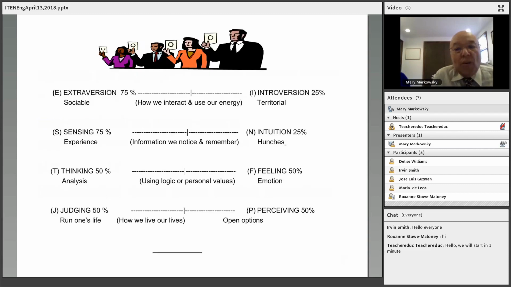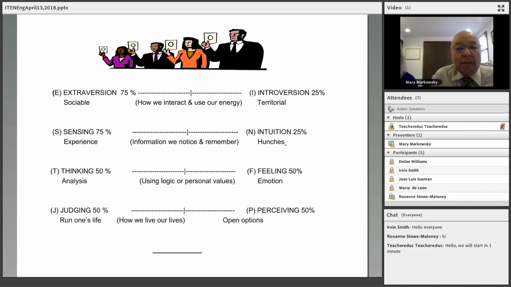Now, what we're going to do here, I hope that everybody has a piece of paper and something to write with, because this exercise will help you a lot to understand about the personality. So if you do, I will give you a few moments if you can pick up a piece of paper or something to write with briefly. Can everyone hear me? Okay. We can hear you well. Okay, great.